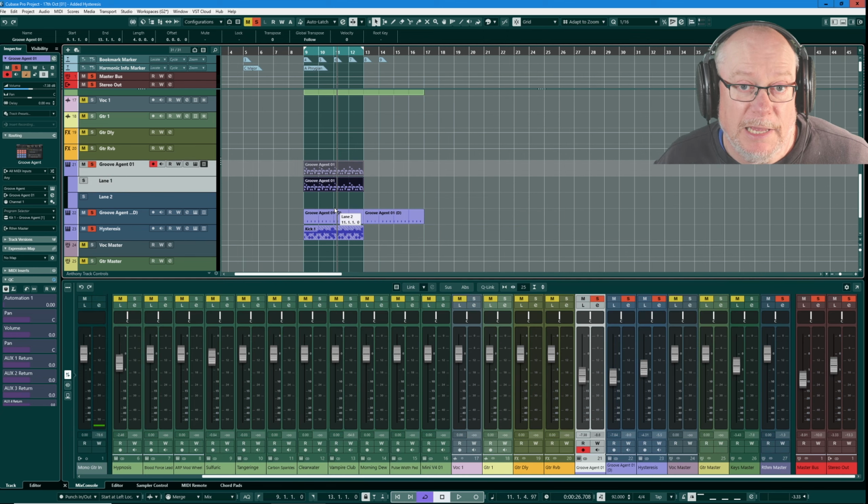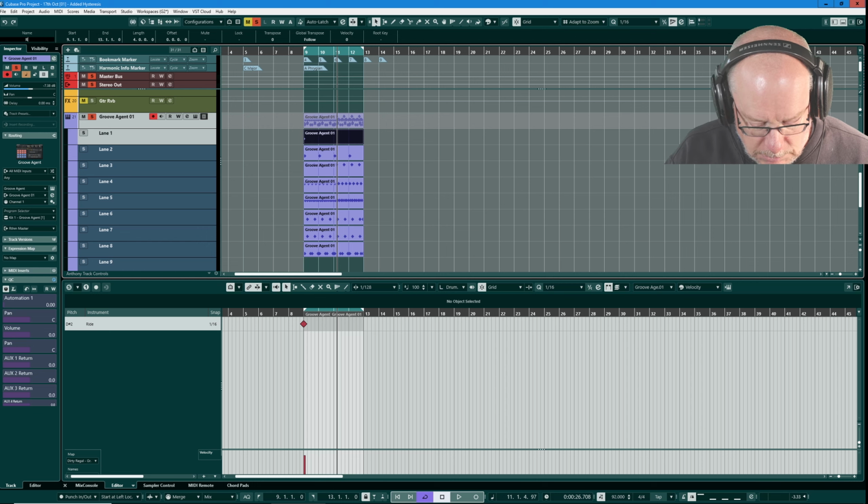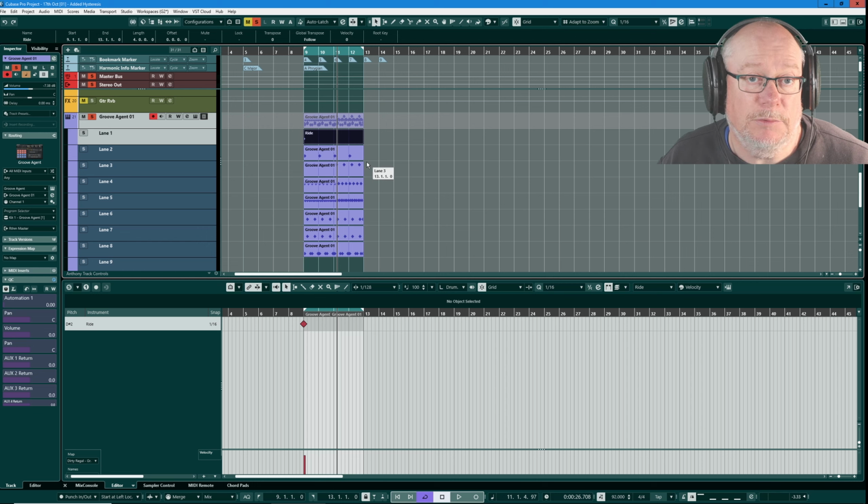MIDI parts in lanes can be renamed. So if I select this MIDI part and call it ride, I now know exactly what that MIDI part is. However, the lanes themselves can't be renamed. As we go through this demonstration today, I will show you a few limitations of using this lanes approach, but